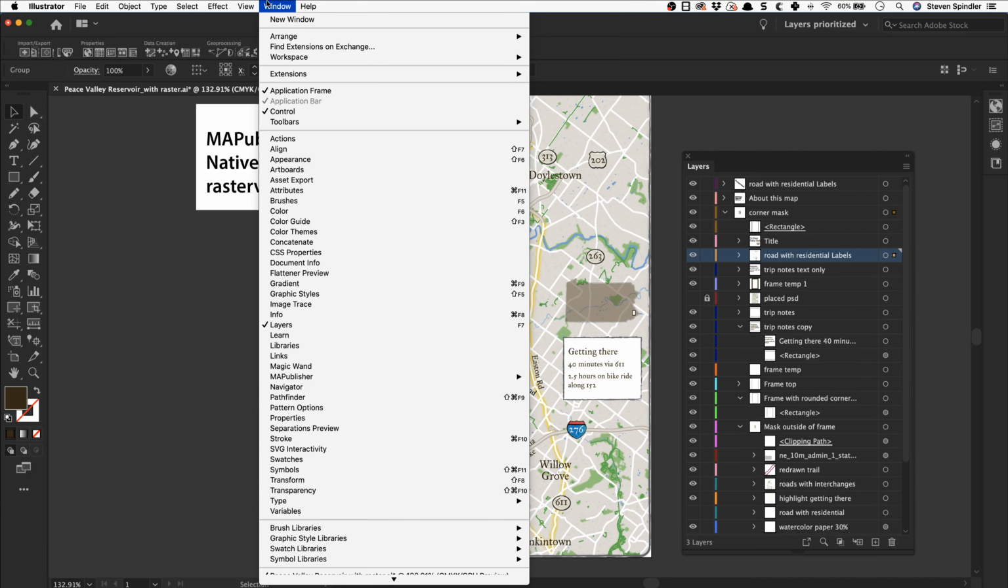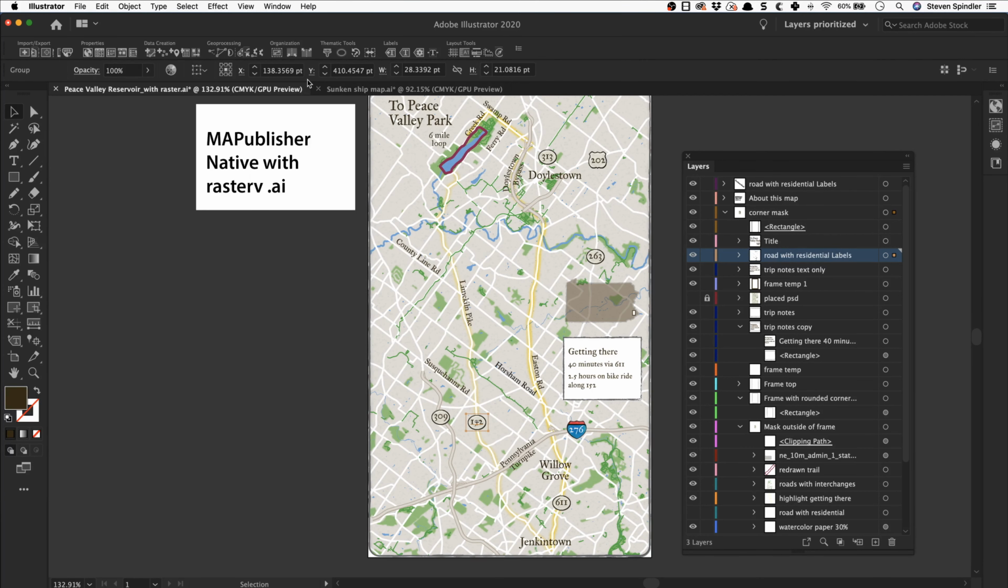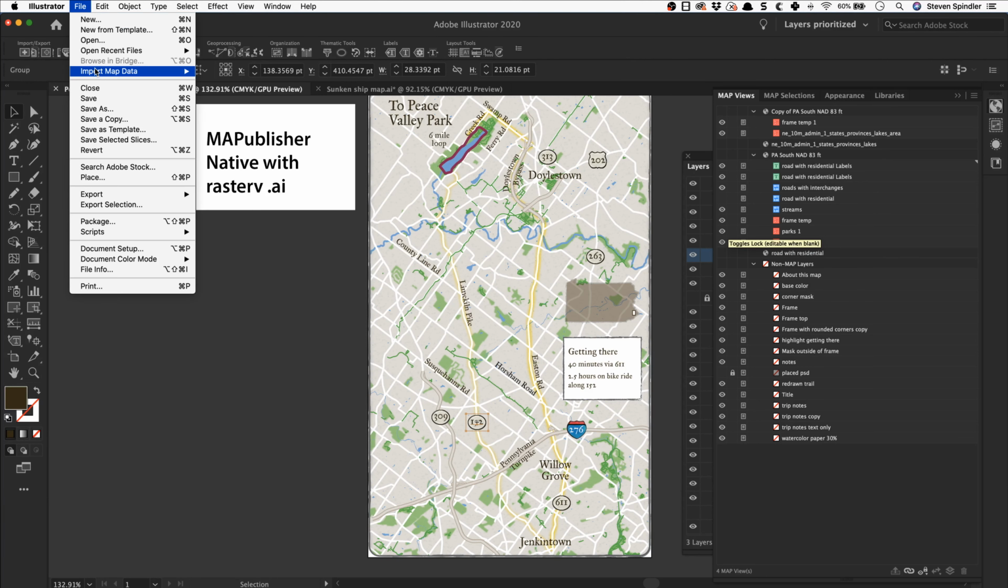So I don't know if people here are used to using Mapublisher or not, but I generally have a layers panel, and then I keep my map views, and then I can, if I import some data, I don't want a shapefile. I want